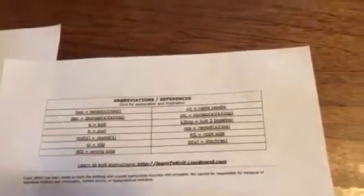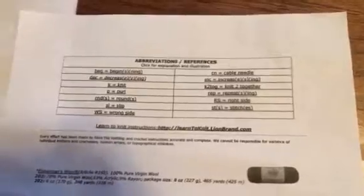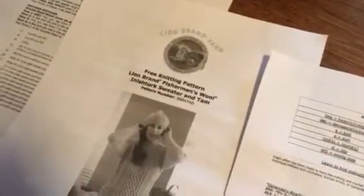Hi, so this is a quick tutorial on how to read a knitting pattern, which I had a lot of trouble with at first, so I'd like to try and explain it. First of all, this is a Lion Brand pattern, and the nice thing about it is it explains a lot of the abbreviations and references, and that is what is confusing to me about reading knitting patterns. So this happens to be the pattern that I'm working on, which is a cable knit sweater, and it's